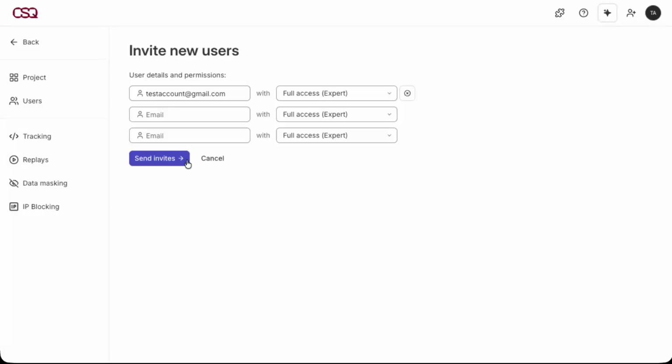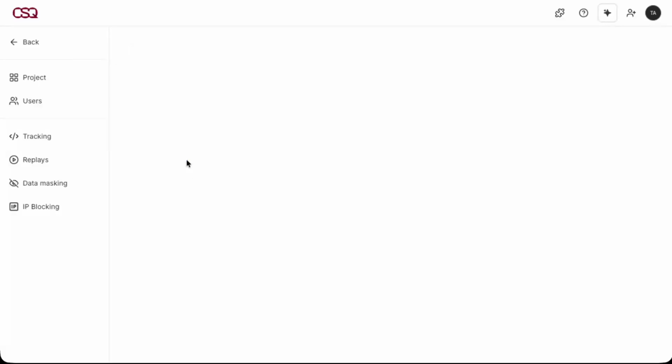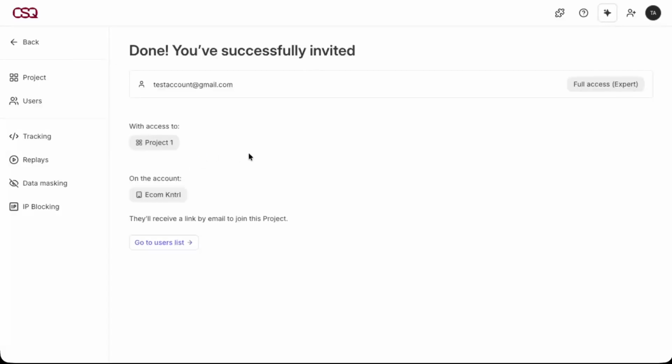Once you've entered the email address and set the permission to full access, you're ready to send the invitation. Look for the button labeled Send Invites near the bottom of the page and click it. Hotjar will send an email invitation to the addresses you entered. Your teammate will just need to open that email, accept the invite, and then they'll appear as an admin level user in your Hotjar account. And that's all there is to it. You've successfully